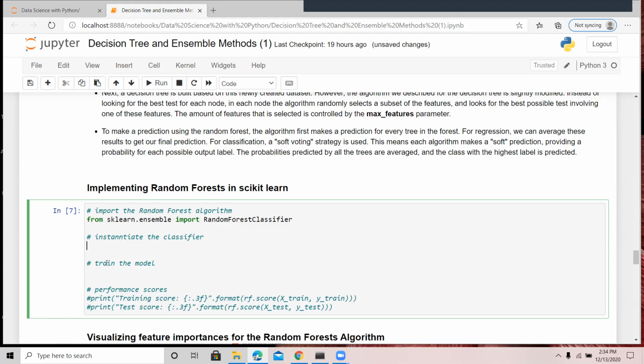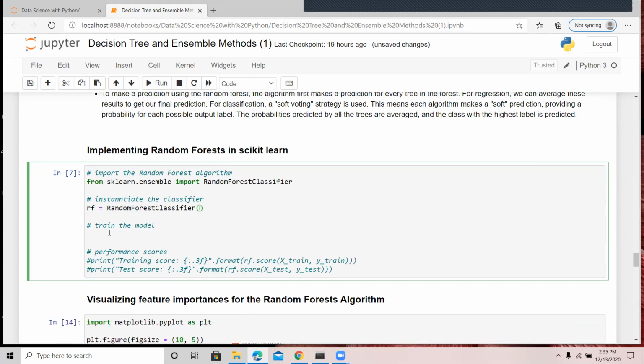Okay, so let's instantiate it. Let me use RF, random forest classifier. Let me use the default, and then let's train it. rf.fit, then we'll pass in the X train